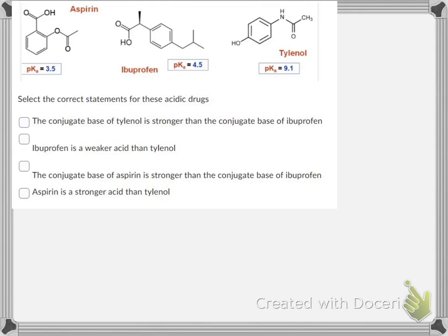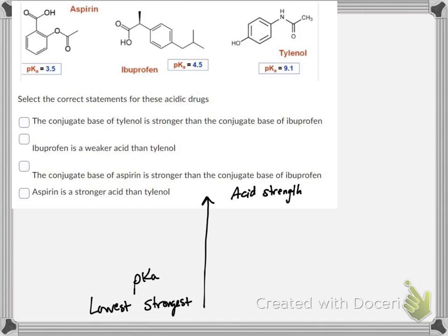All right, so this is the most often asked question in office hours, so I'm going to go through it the way we did in the office hours. So let's take a look. The first thing we want to do is start by thinking about organizing our acid strengths. The lower the pKa is, the stronger the acid. So I'm going to put the lowest pKa, strongest on the bottom, and the higher the pKa is, the weaker